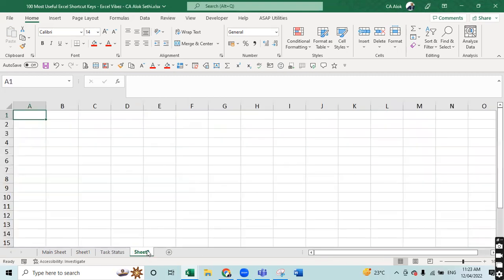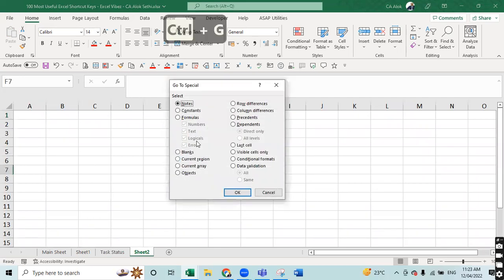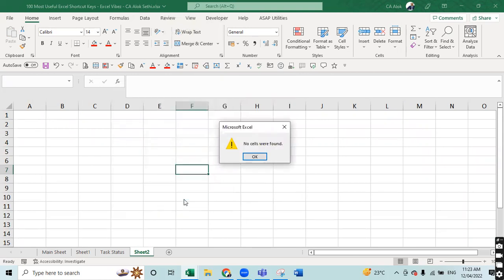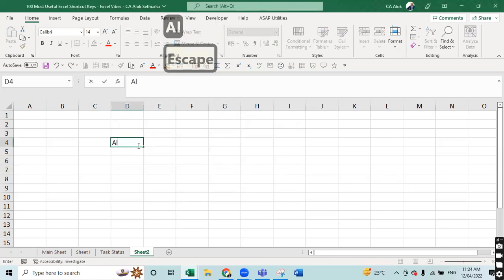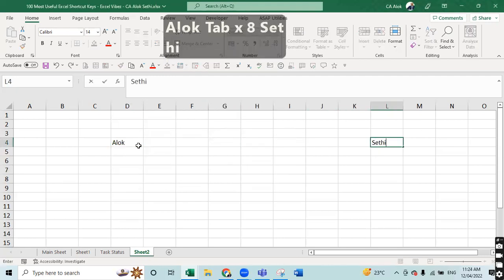Exactly. So suppose you are in a new sheet. I'm in a new sheet now. I press Control G, and in Special I go to Blanks and select OK. So what does it say? No cells were found. Why, brother? All these cells are blank, can't you see? Excel, have you gone mad? Excel has gone mad? No, sir, it will look